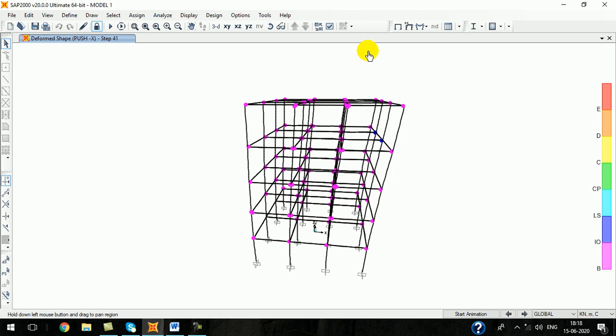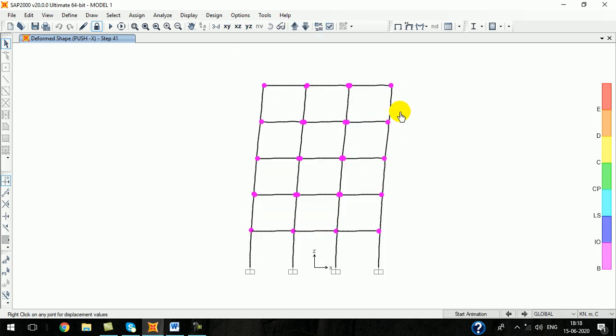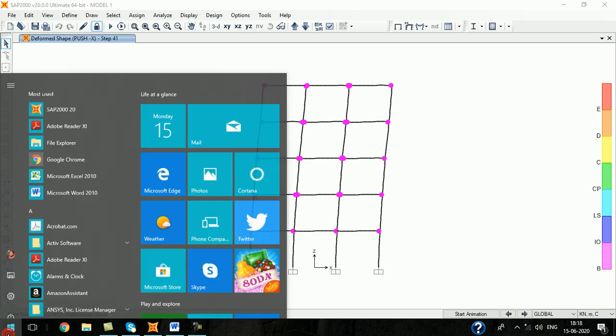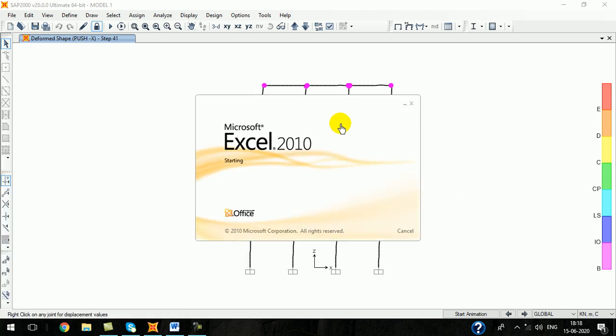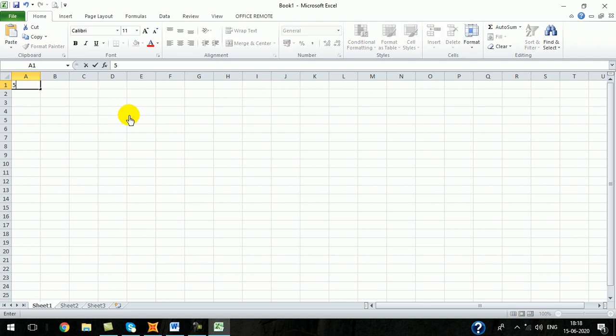Okay, now at this step we need to check the value of the drift. So 308 mm, here it is 240 mm, 241 mm. Five, 4, 3, 2, 1, 0.